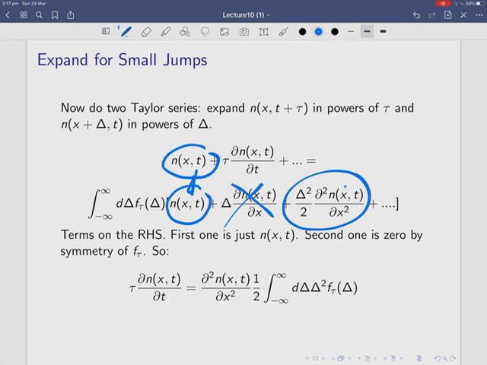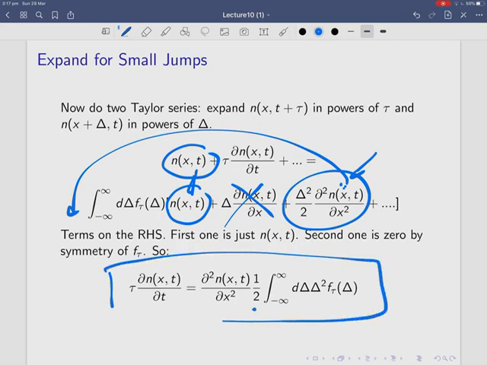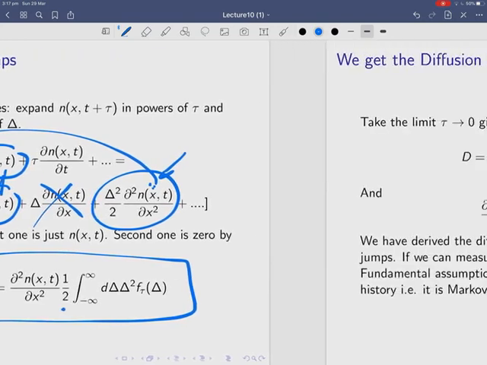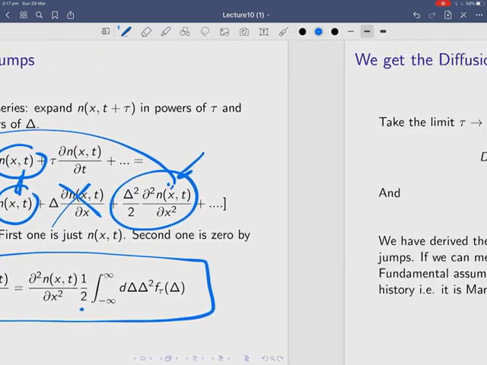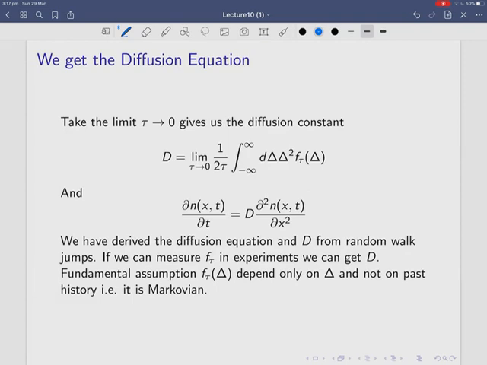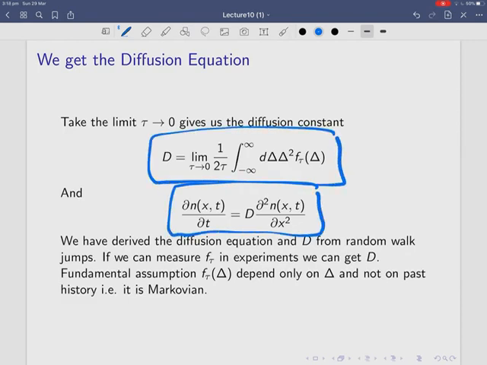And that term here, this one, is now very easy because we can take that again out the front here, and that's what we've done just there. So we end up with this equation, which is much, much simpler, and we can then rearrange that equation if we want, divide through by tau, and we end up with something that looks like this. I'm going to take the limit as tau approaches 0 as well, and what we end up with is that equation where the constant D is given by that.